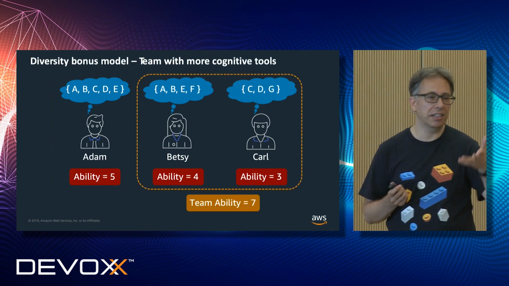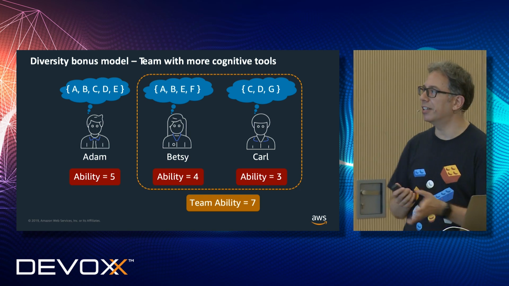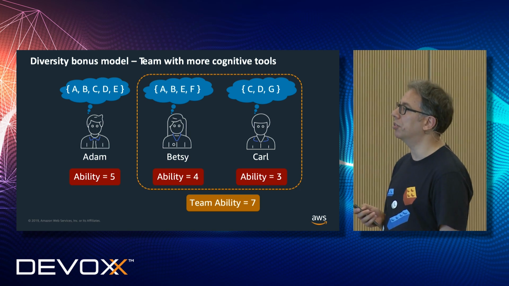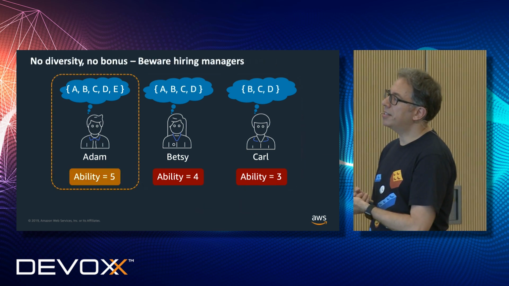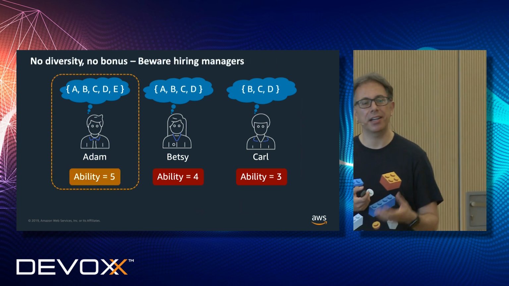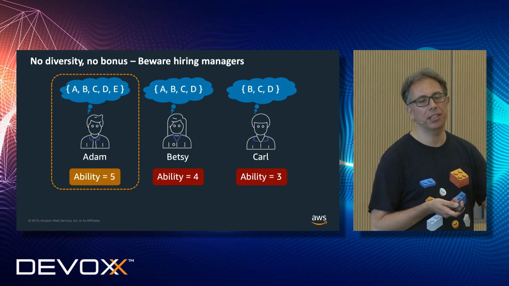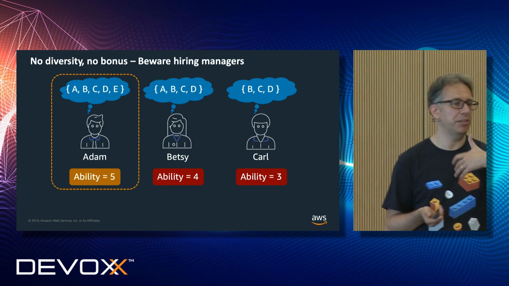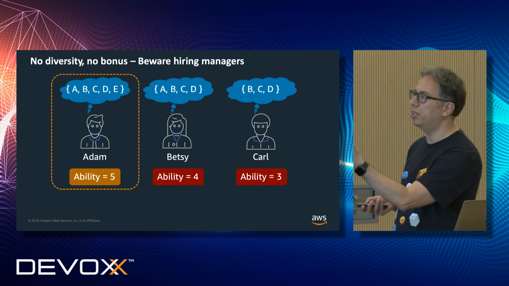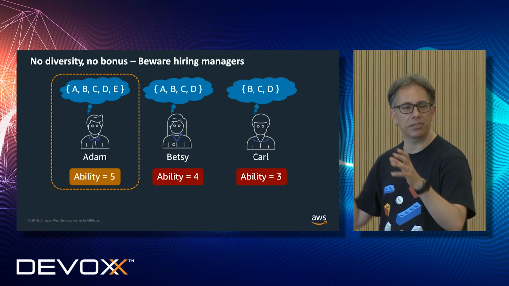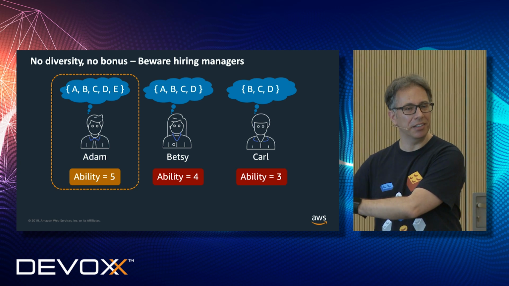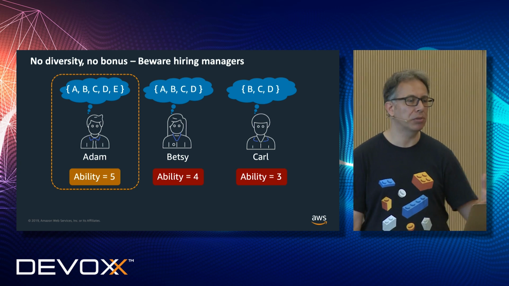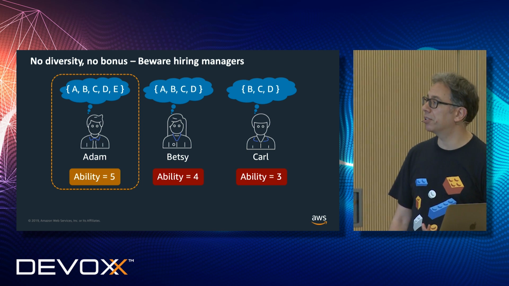And as everybody knows, we need diversity in IT. Diversity gives us a possibility of finding solutions that otherwise we would not know. And this is a problem, for example, when we are hiring managers. If we hire people in our team, we normally look for people that resonate with us, and we hire people that are similar to us. And at the end, the team leader is just a superset of everybody he hires, and there's no diversity and no bonus, and then the team will not be able to create more and find better solutions.